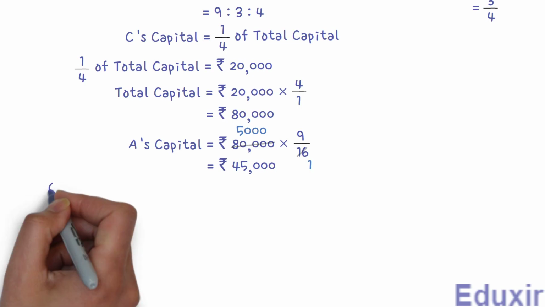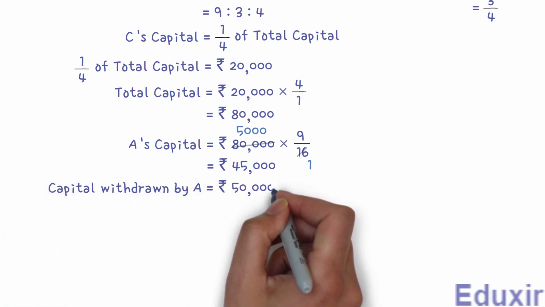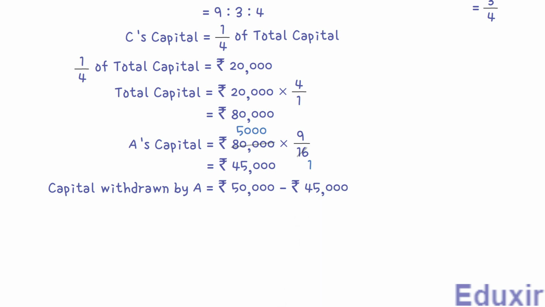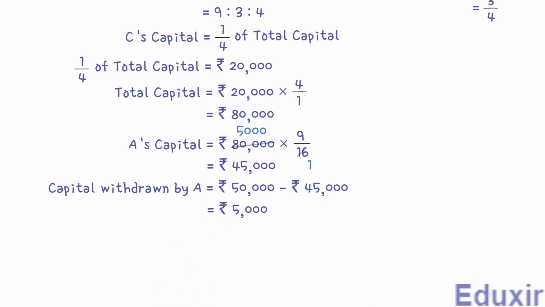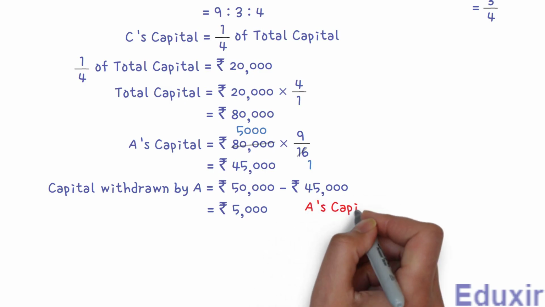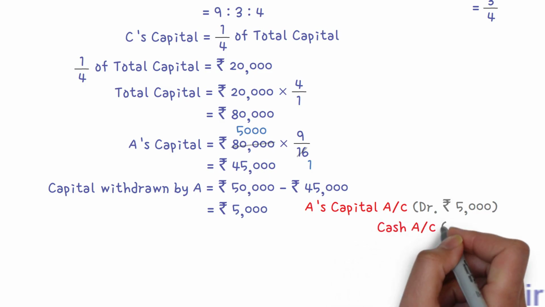So the surplus in the capital that should be withdrawn by A is equal to 50,000 rupees minus 45,000 rupees. Subtracting, we get 5,000 rupees. This is the amount that partner A should withdraw from his capital. So partner A's capital account should be debited with 5,000 rupees. And considering that the partner A has directly withdrawn this amount in cash, the cash account should be credited with